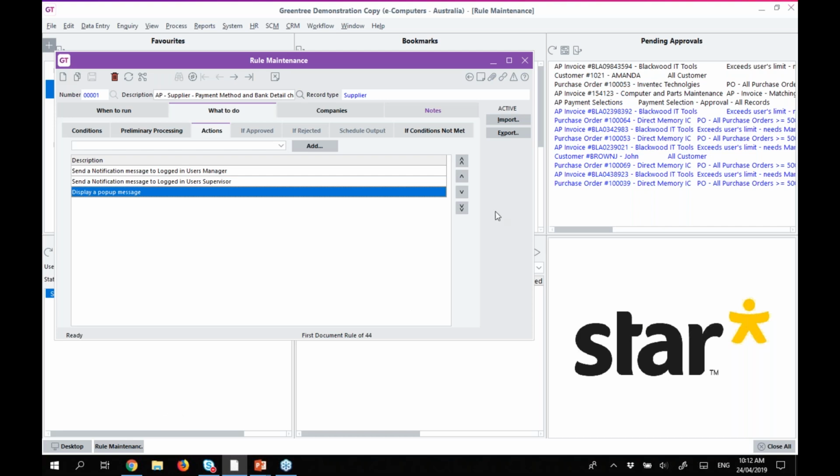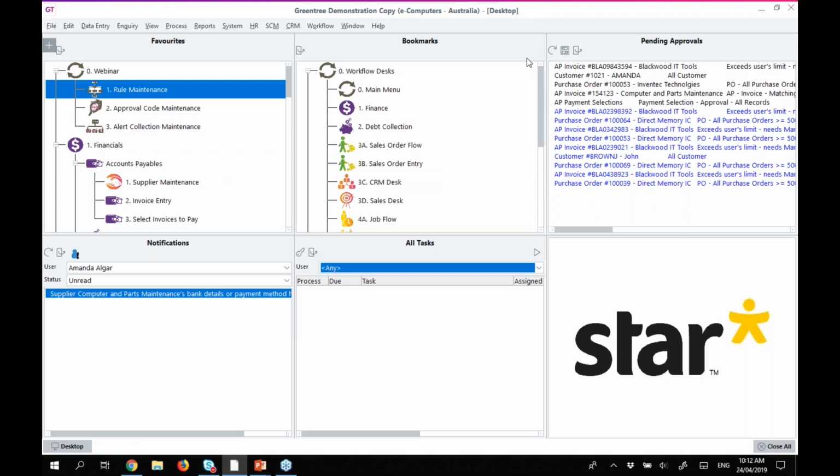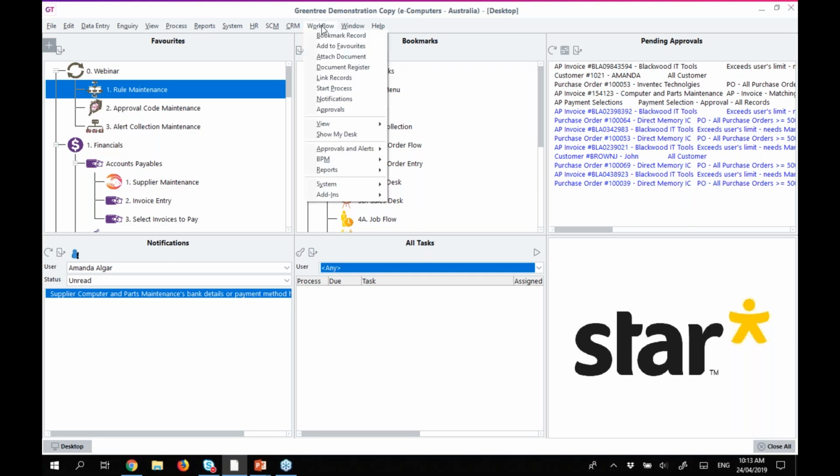Now, in previous webinars, I believe it was in the Back to Basics webinar, we went into a bit of workflow desktops, and it's a very common module and a very popular module. Now, workflow desktops allow you to show pretty much any record within Greentree on a workflow desk. So by coming into